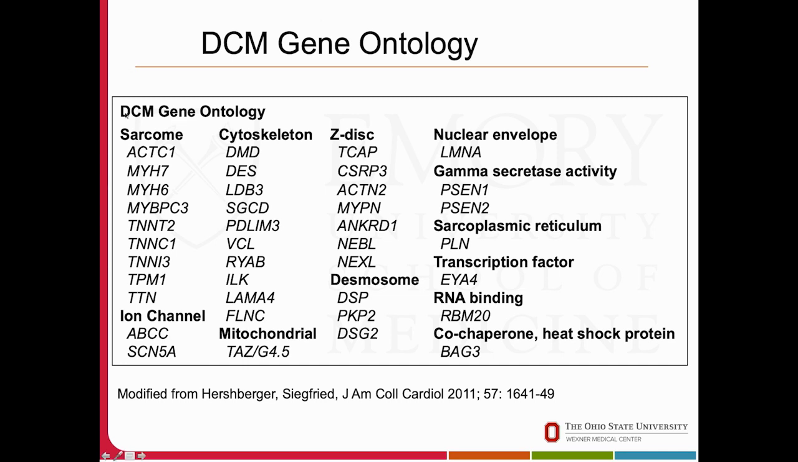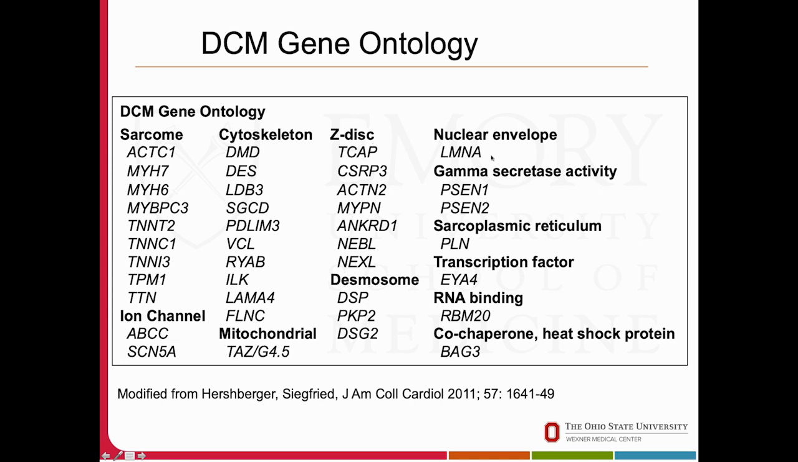So the gene ontology is simply more complicated. The sarcomeric proteins, of course, we know those from hypertrophic cardiomyopathy. Variants in those also cause dilated cardiomyopathy. Also cytoskeleton proteins, Z-disc,